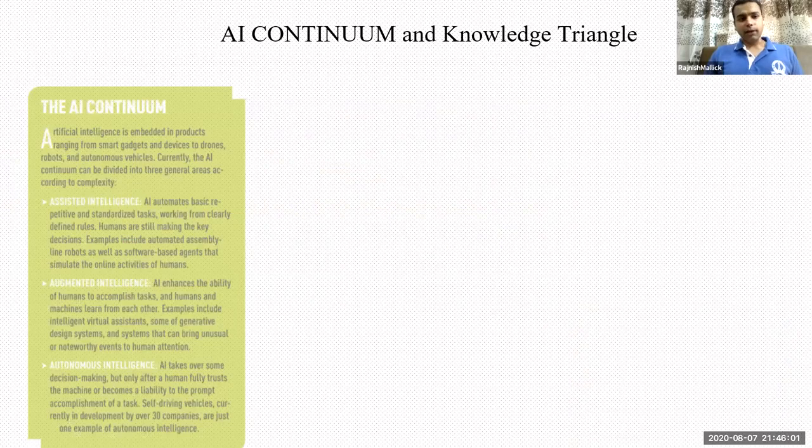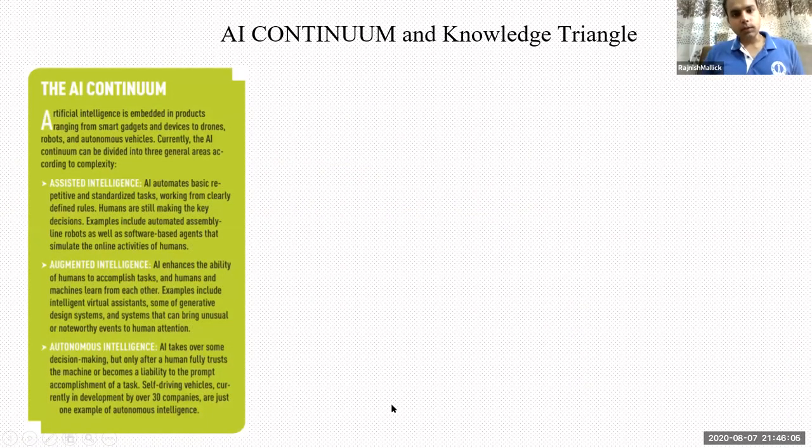All right. So what's the rationale? There's a term known as the AI continuum, and initially we all started focusing on assisted intelligence, right? Like small bots, which Motorola and Honda and a couple of other companies, especially from Japan, were at the forefront of. And then the second part, we went into augmented intelligence. Whatever we know, we can augment that knowledge. How we can augment that intelligence for our betterment, for better productivity, efficiency, precision, right? The third part of the AI continuum is autonomous intelligence. That is really going towards self-driving cars and something which is highly cognitive driven,